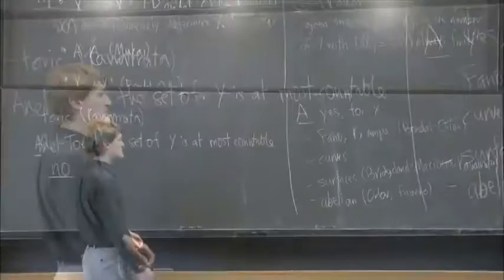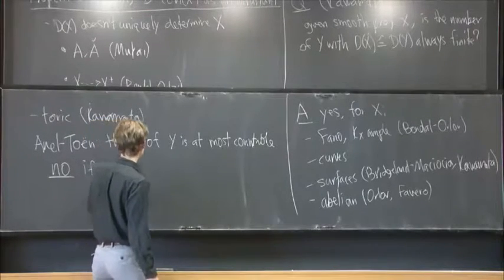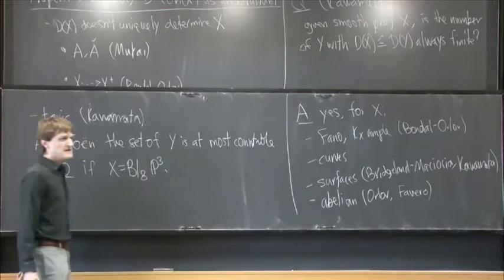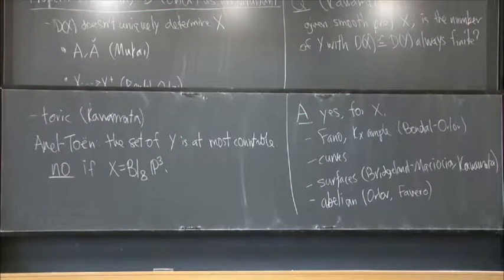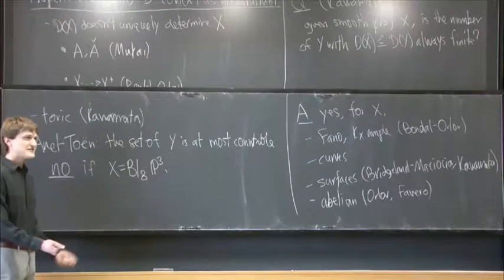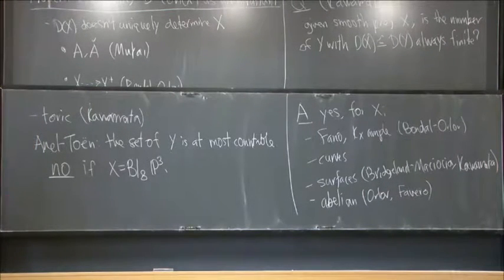And the counterexample is sort of a silly thing. You take X to be P3 blown up at 8 very general points. And the way this is going to work is, well, what are all the Y's going to be? They're also going to be P3 blown up at 8 very general points. But the thing is, they're different configurations of 8 points. And so when you blow up 2 different configurations of 8 points, you get non-isomorphic threefolds, but they can be